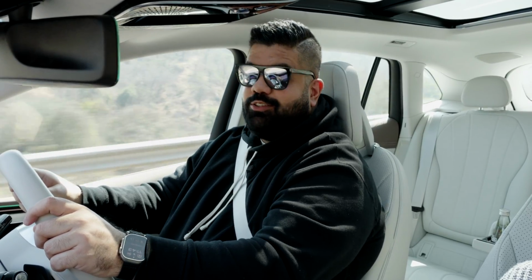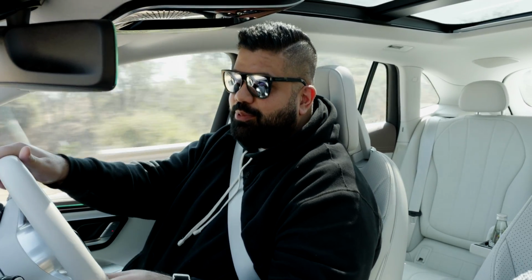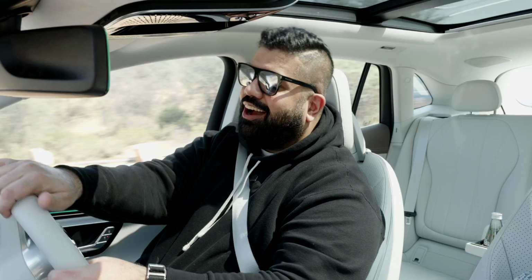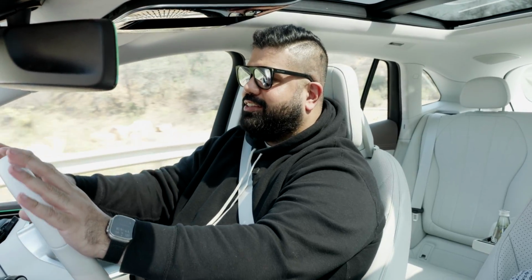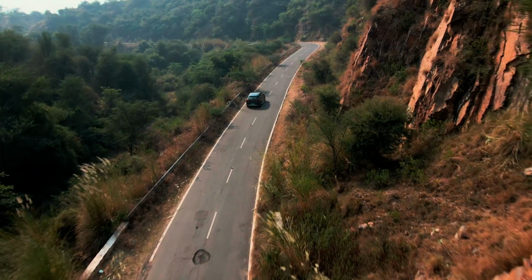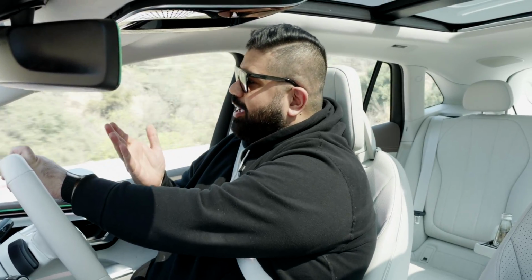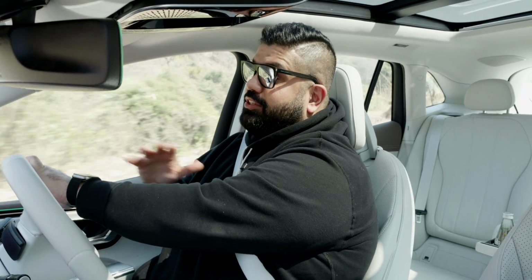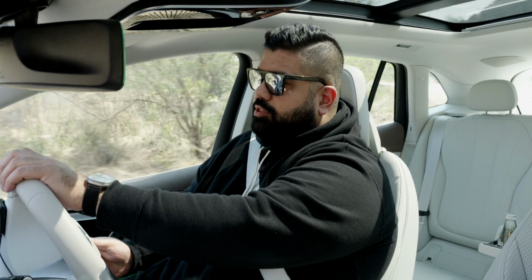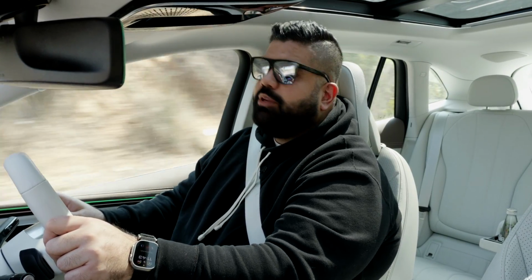So driving the EQE, I have to say that for a person of my size and my height, this car is actually one of the best electric cars that I've driven. Not only is it spacious, to the point where even when I'm sitting, I have to really pull up my seat a little bit and raise the height just to get the perfect driving position. That means that a person even taller than me, and I'm 6'2", just to remind you guys, can easily sit in the seat, drive the car, and be very comfortable,